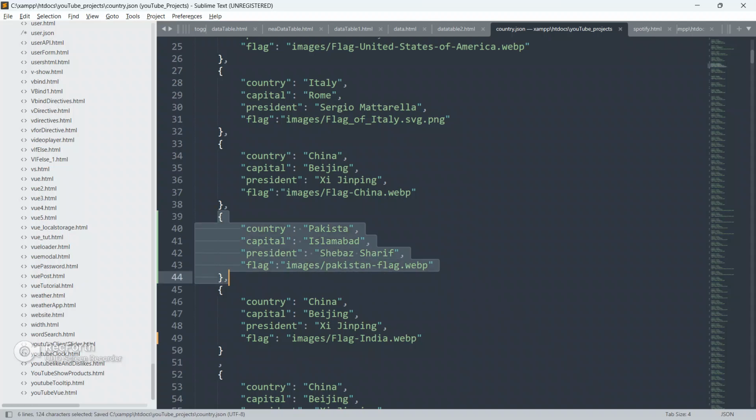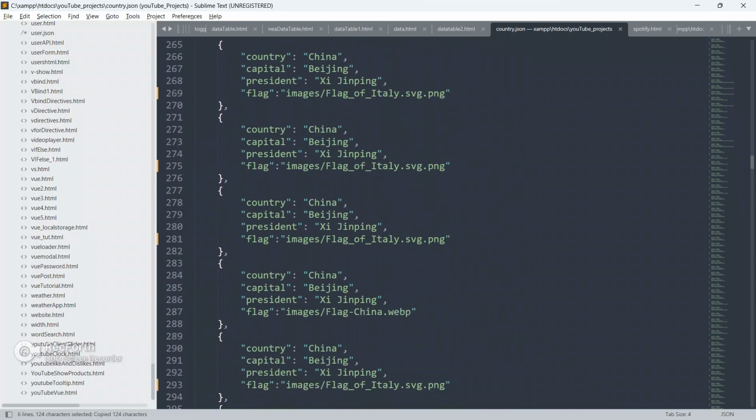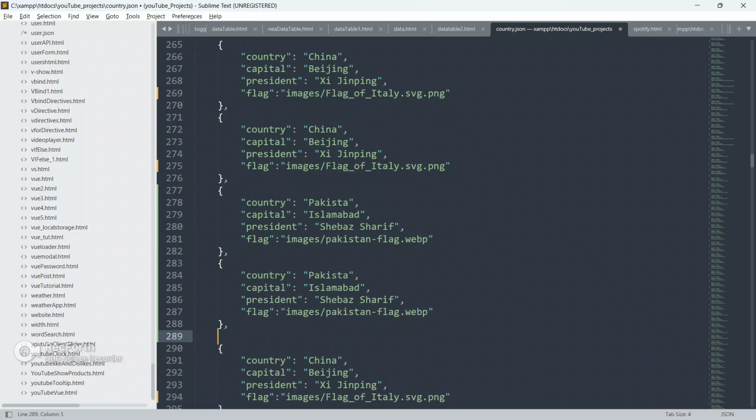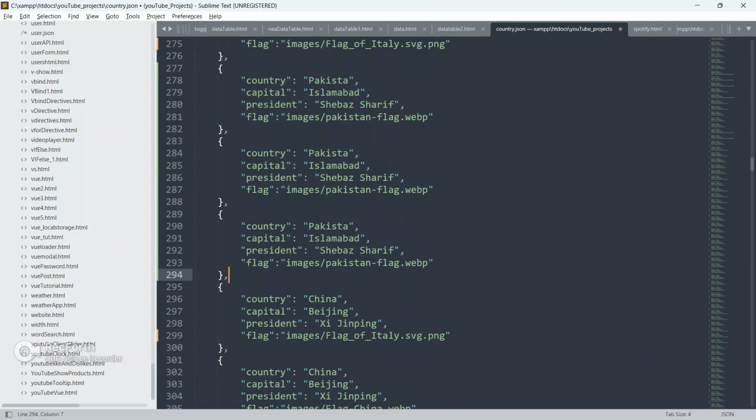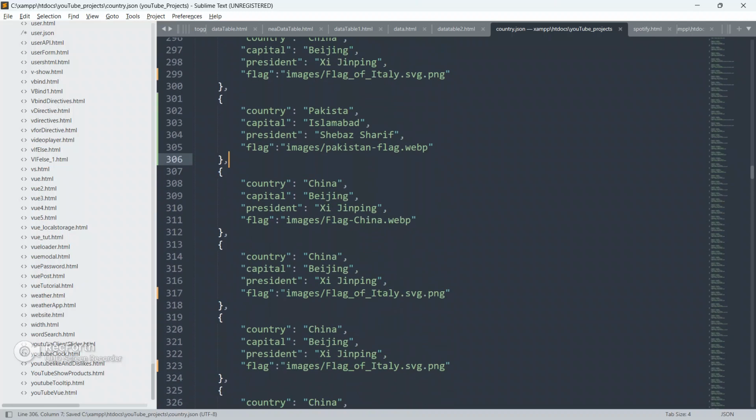Okay, so guys, just to create some extra data, I am using this, so that you will be able to recognize that our jQuery data table is working fine and nothing else. Forgive me if I hurt anyone's sentiments here.